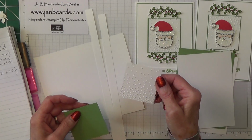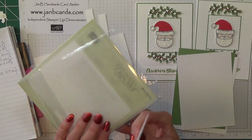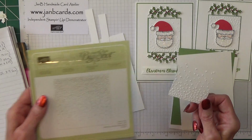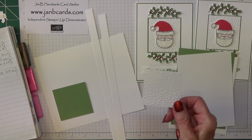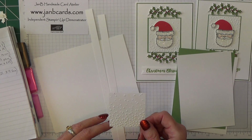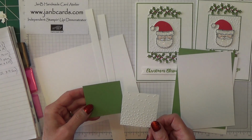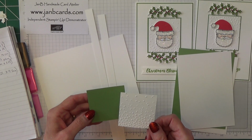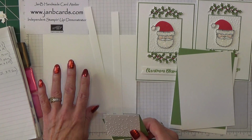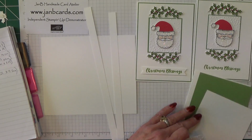Then a piece of Softly Falling embossed Whisper White. I'll tell you as we go along why I did that. It's this folder here. I don't normally pre-do jobs like that in advance, but on this occasion I did. There's a reason for it. And this measures 2 1/4 inches by 2 3/8 inches, which is 5.75 by 6 centimetres. That's going onto a layer of Wild Wasabi, which measures 2 3/8 inches by 2 1/2 inches, which is 6 centimetres by 6.25. You also need scraps for the holly and the Father Christmas, and you need a piece for